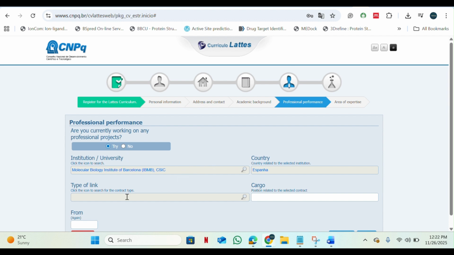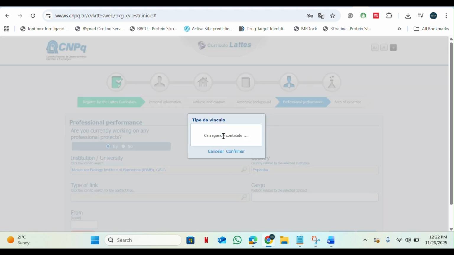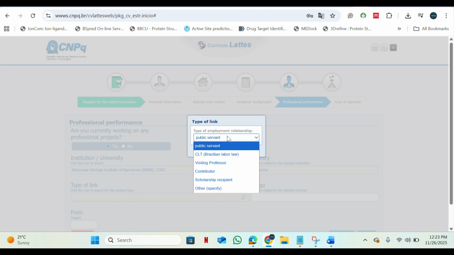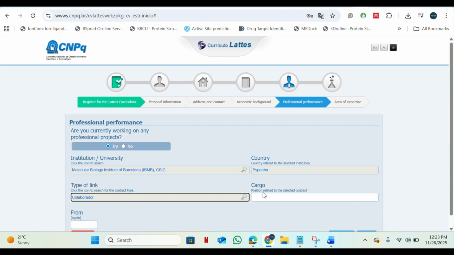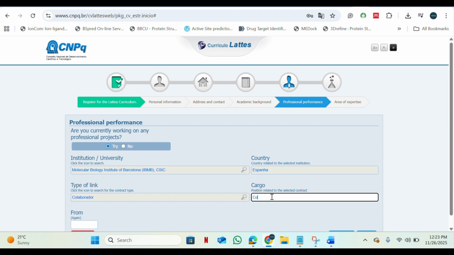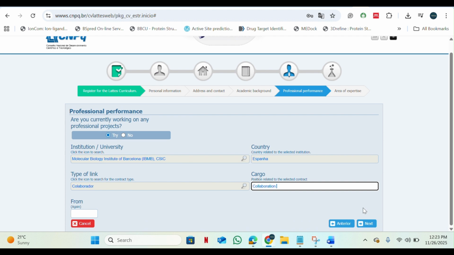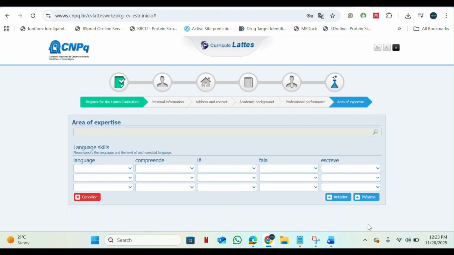It is automatically added here. Moreover, you can add the type of link, like which type of contact you have. I think contributor is a good option. And you can add a more specific position related to that contact. And then click next. Here you have to add the language skills, how many languages you can speak, and